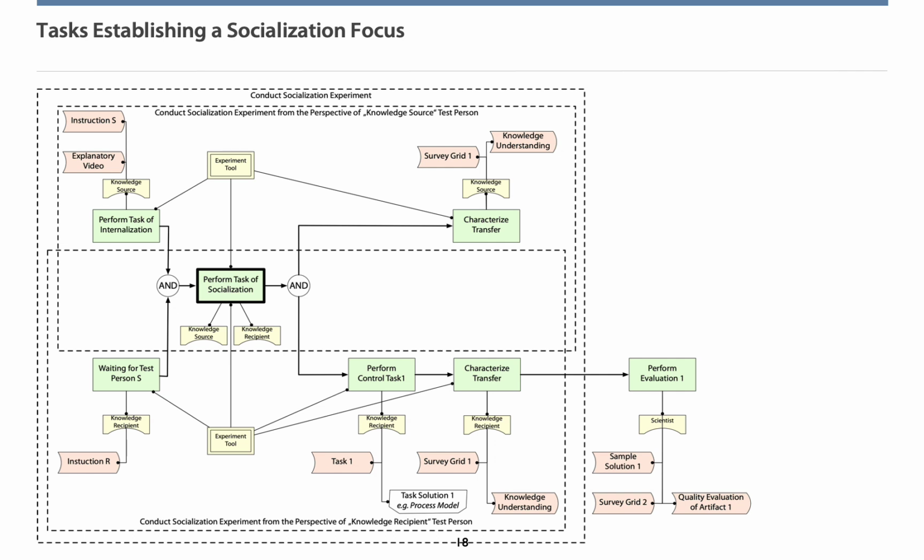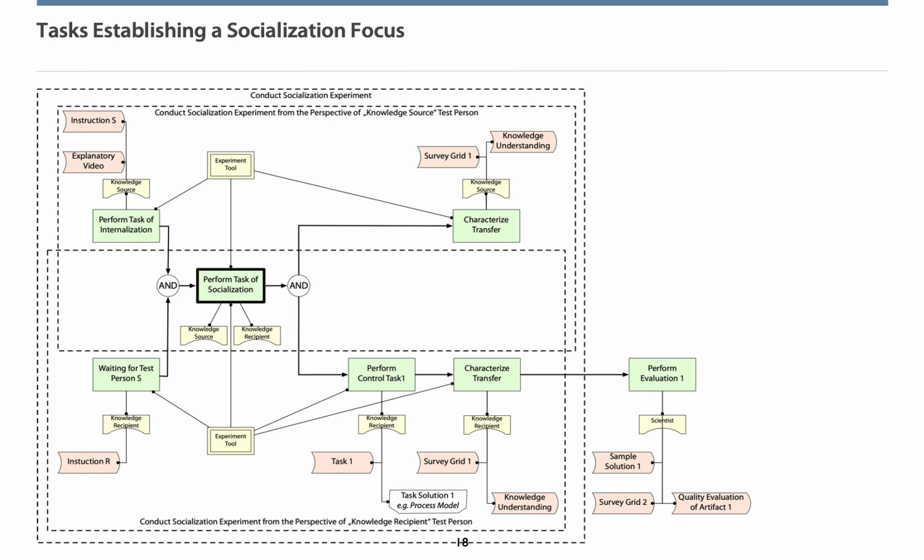Let's have a look at a more sophisticated second example. Let's focus on the socialization experiment in which a team of 2 test persons is involved. Their interaction has been specified with the aid of the process model presented here. In principle, we can see the same tasks as presented before.